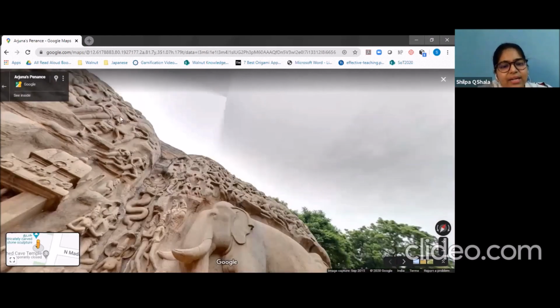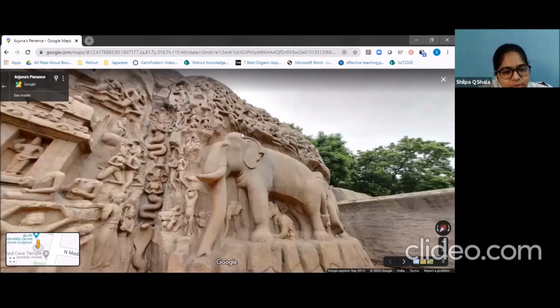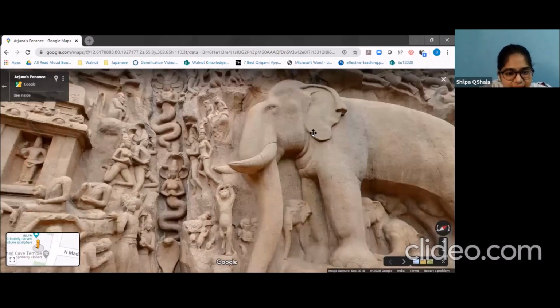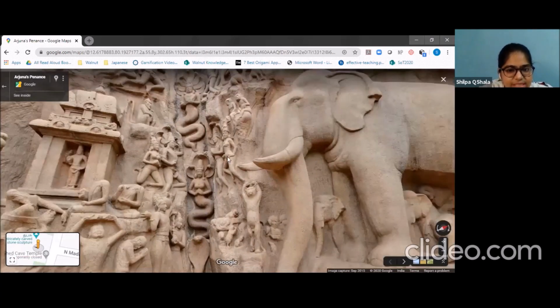And below there are these humans, and at the bottommost, if you see, are the animals. Yeah, these are the animals that you can see. There you see the people.